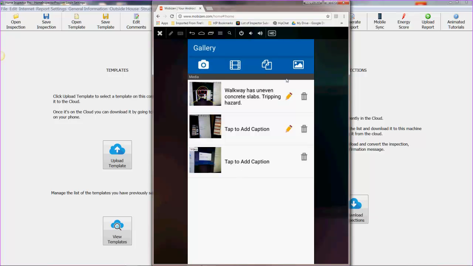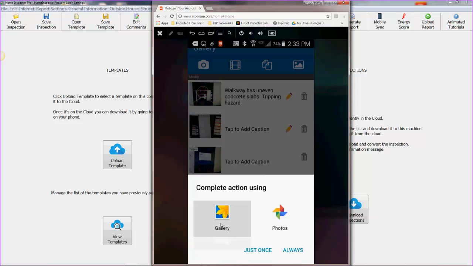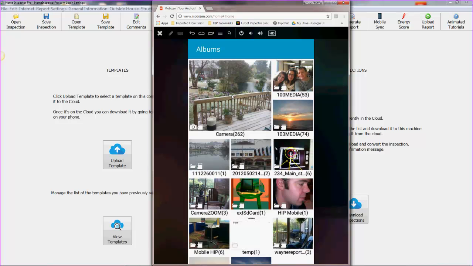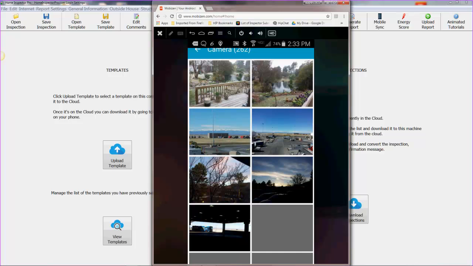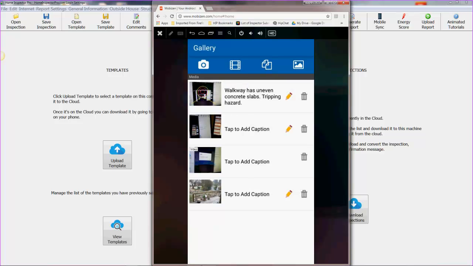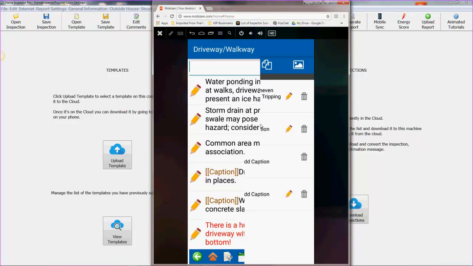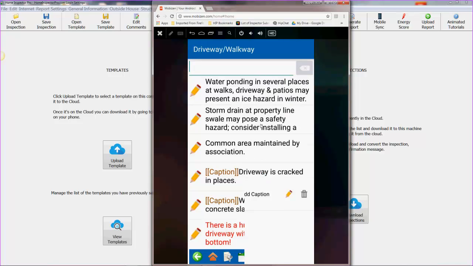And if you took pictures outside of the app, you can pull them in from the gallery. So pulling up your phone gallery, in this case, maybe you took some when you first got there. This is a picture on my back deck taken about 3 or 4 weeks ago when it was actually snowing where I live, which rarely does. All right, so when you're done taking photos and videos, hit the back button and you're back in driveway and